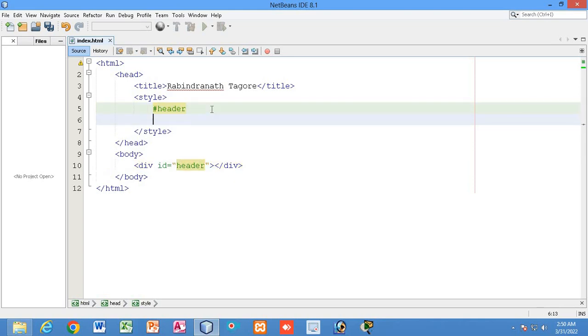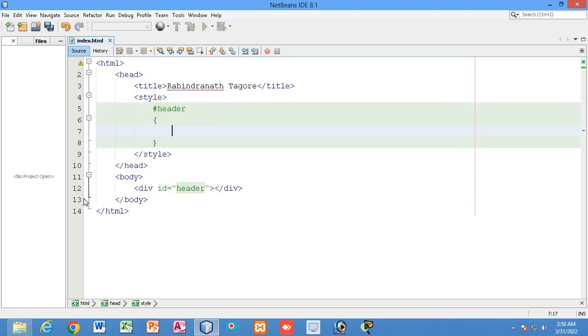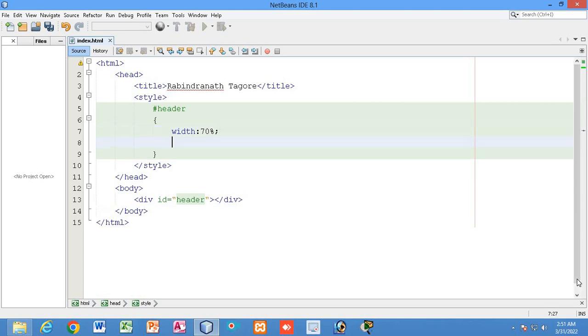So we are writing the CSS for this div, right? I will write the width property first. How much width? Let's say we are going to give a width of 70%.